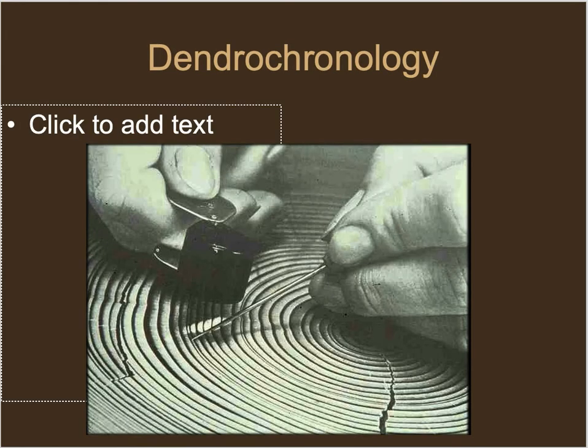A really good way to date things is with dendrochronology. This is using tree rings. Well, how could you use tree rings to date something? Well, you use it to date an ancient piece of wood. How does this work? Well, you can see that the light-colored band and the dark-colored band are one ring. Typically, how many rings form on the tree per year? Usually it's one. Right? So one ring per year, which means that you could count the rings back, and you're